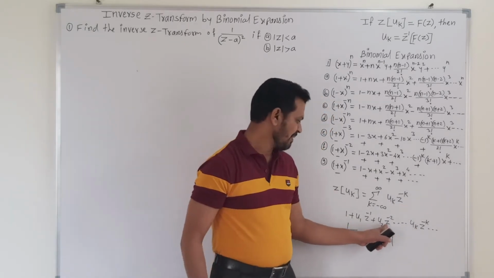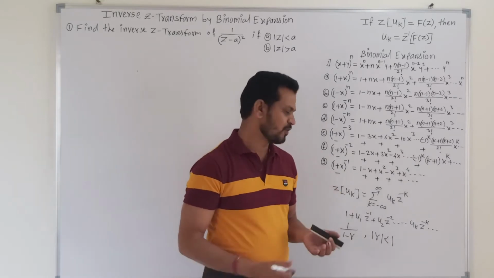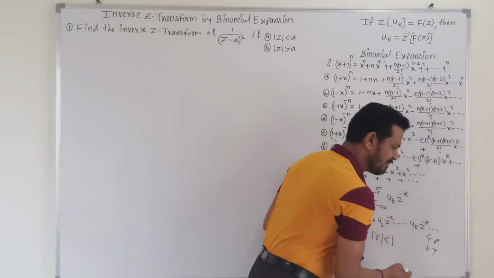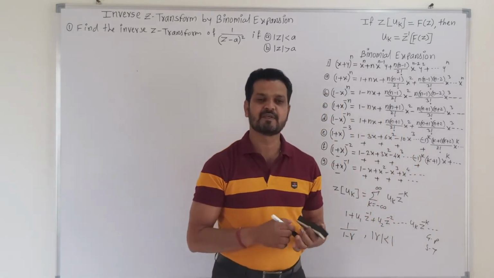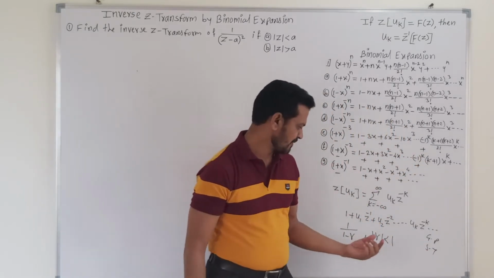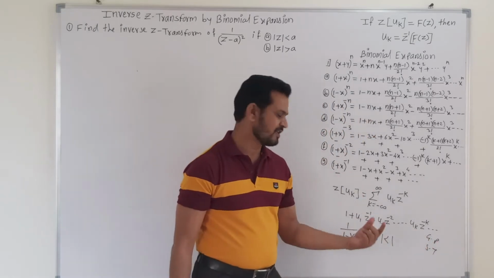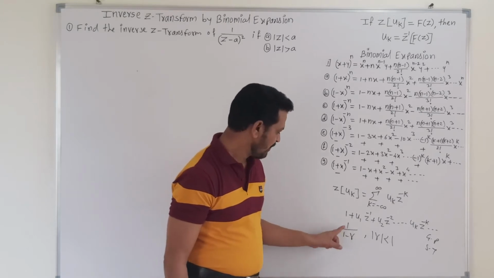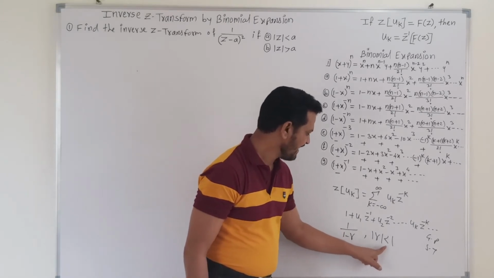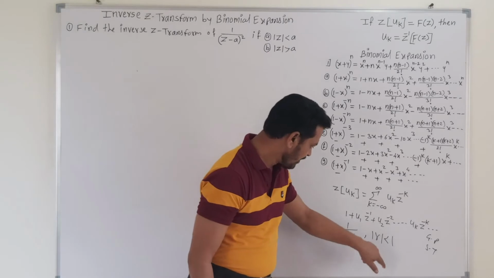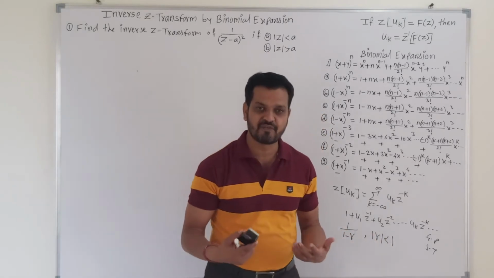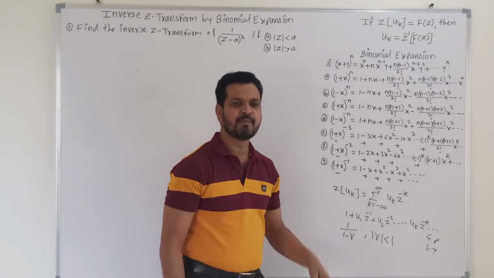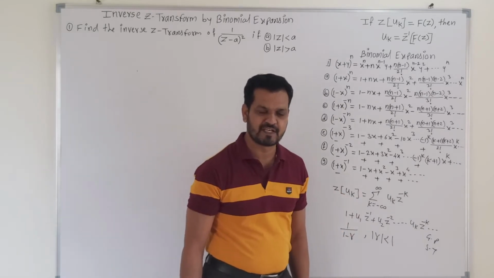And generally, this type of expansion is in terms of geometric progression. So this may be in terms of geometric progression, or it may be possible that we get the standard expansion of some function. So based on geometric expansion or standard expansion of a function, we write the sum of this expansion as 1 upon 1 minus r, where mod of r is less than 1. So this mod of r less than 1 indicates the region of convergence. So this is binomial expansion, and this is the method of solving the example with the help of Z transformation.